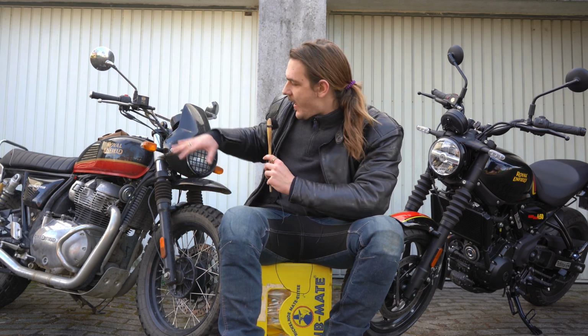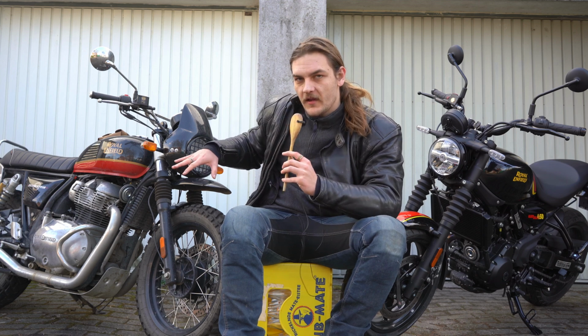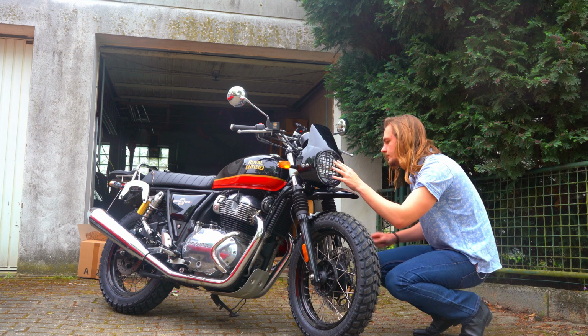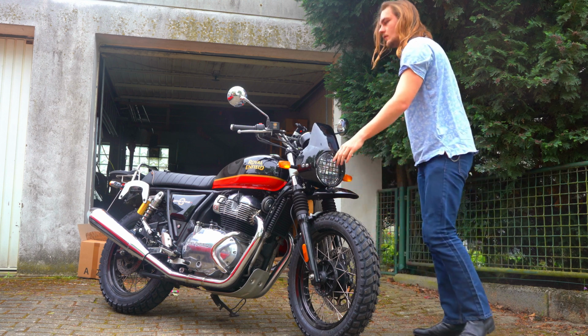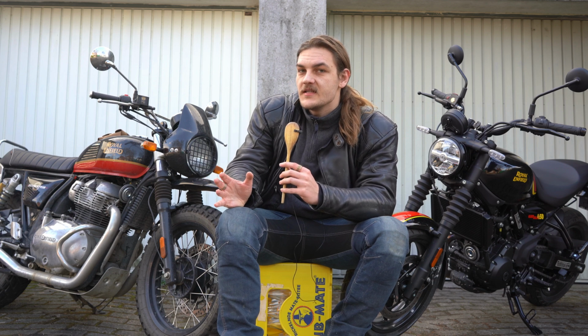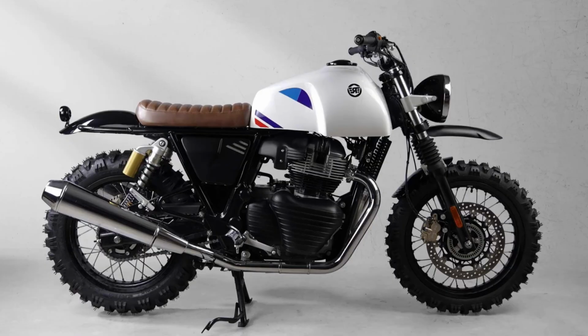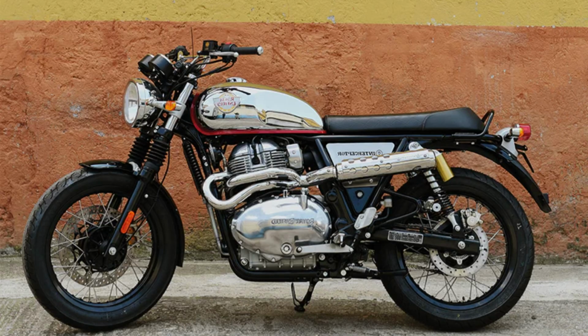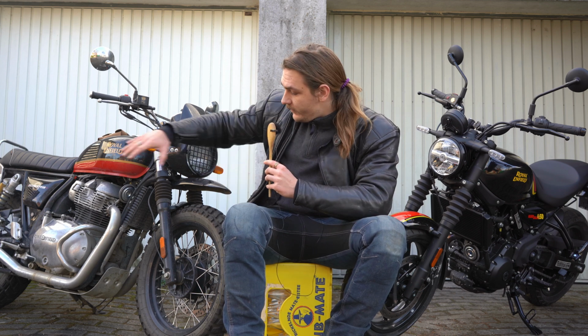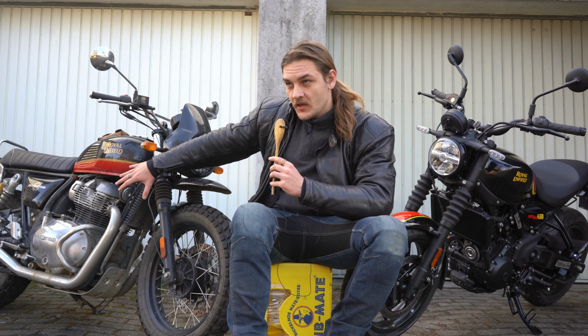You now see I have it here as a scrambler-looking thing with a different front mudguard, and also with a headlight protector, and the amount of crazy conversion kits you can get for around $1,000, especially from France, is insane. You can make the bike look like a full-on old Rally Dakar bike. You have high-mounted exhausts, you have bigger bore kits,